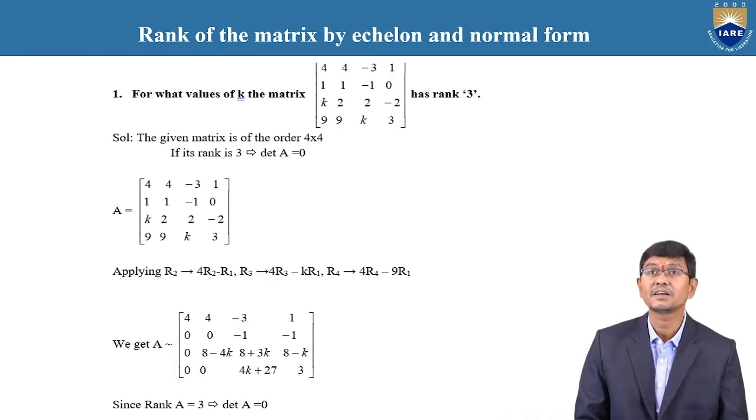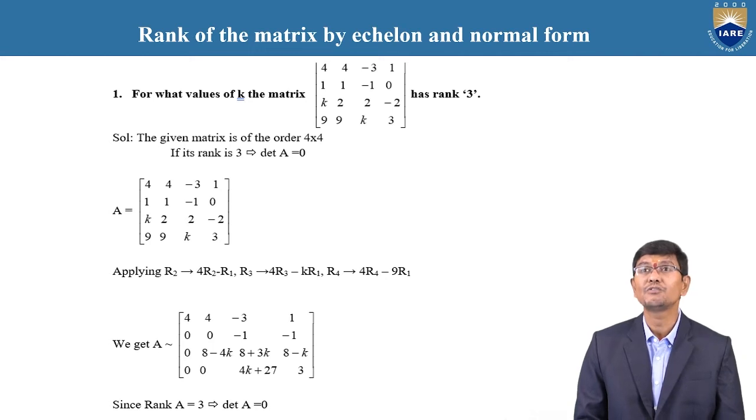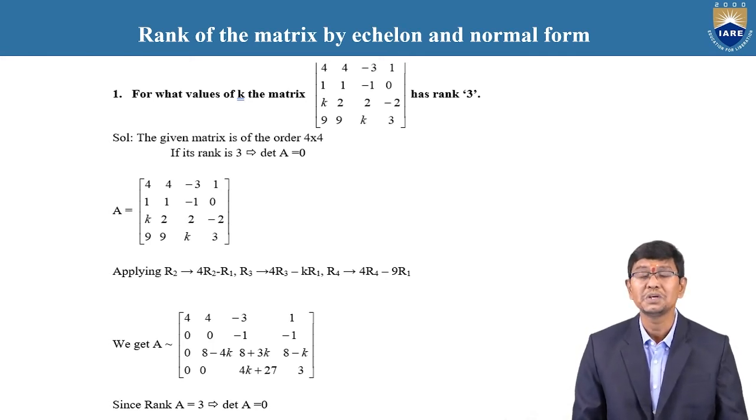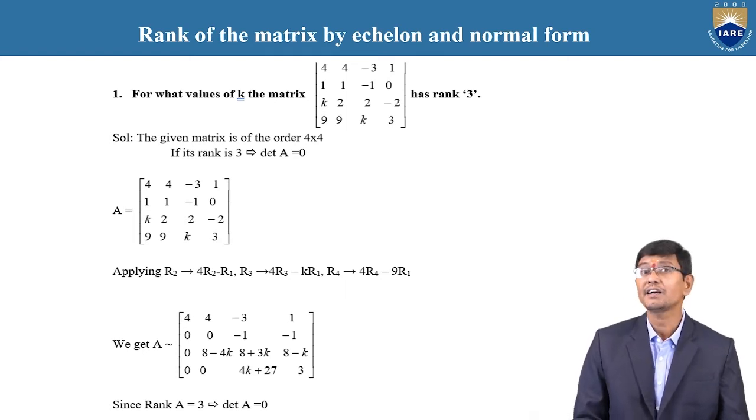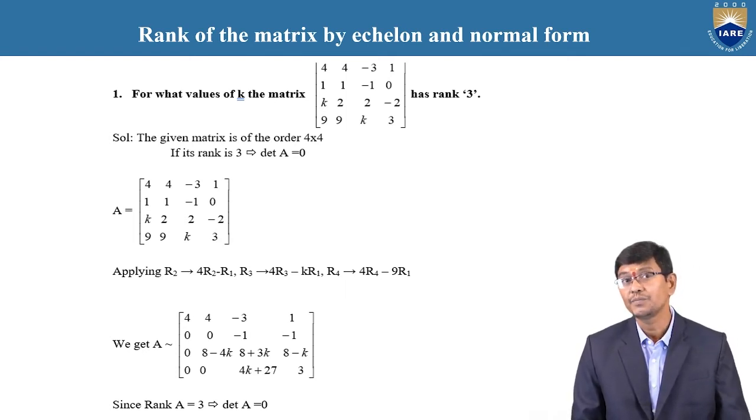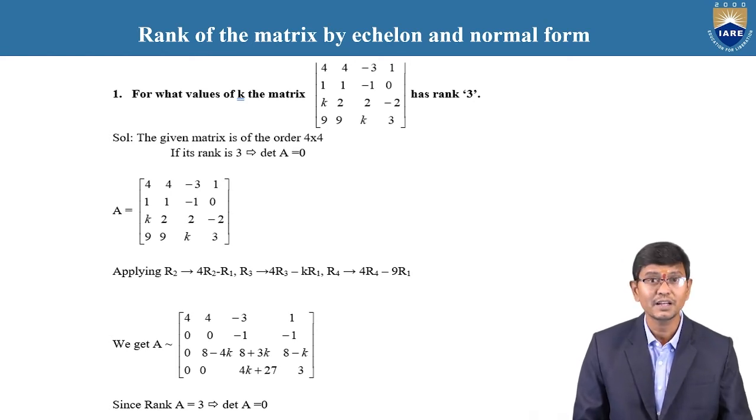For what values of k does the given matrix, 4 4 -3 1; 1 1 -1 0; k 2 2 -2; and 9 9 k 3, have rank 3? That means the given matrix is of order 4 by 4, but the rank of the matrix is clearly 3. Therefore, according to the definition,